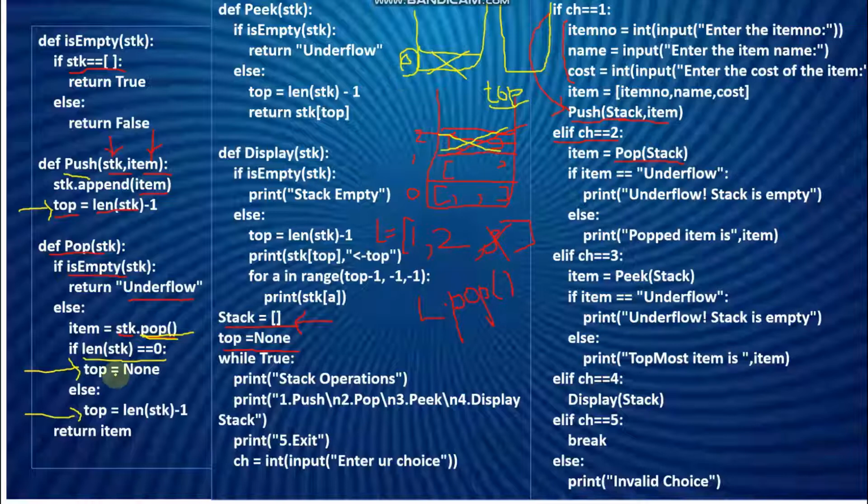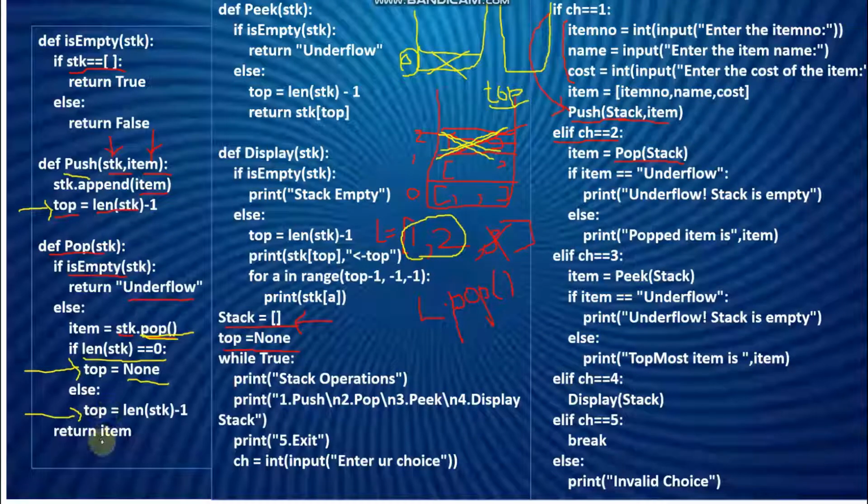I have to initialize it with none, meaning that I have the variable called top but it doesn't have any value with it right now. Now in the else part, I can tell that the length of the stack minus 1. For example, if I had 3 elements and I'm popping out the element available in the second index, I can tell that the length of the stack is now 2. How can I tell that? By finding the length of the list minus 1, we'll be getting the value of top.